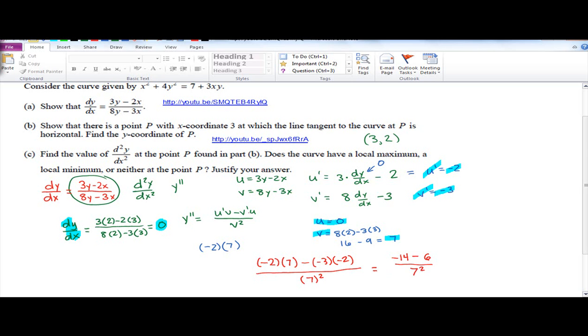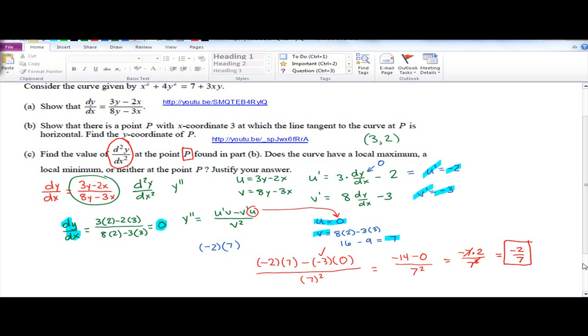So I've uncovered a small error here. U is equal to 0. You may have already seen this. So this is correct, but this negative 2 should be 0, meaning that we have negative 14 minus 0, or negative 7 times 2 over 7 squared. A 7 will cancel with one of these, and my answer will be negative 2 over 7. So that is the second derivative